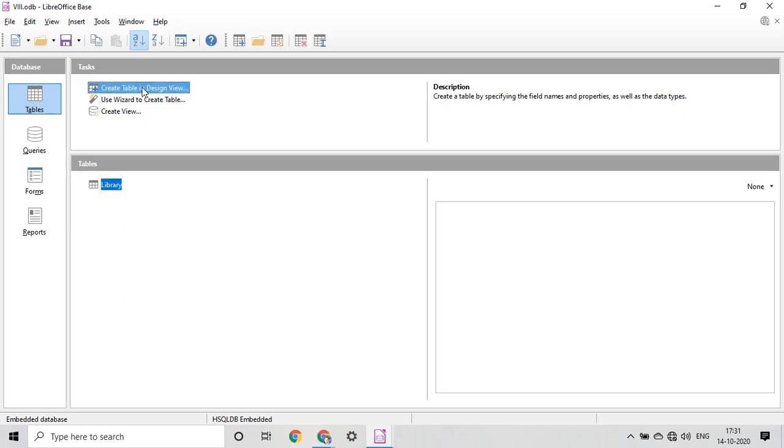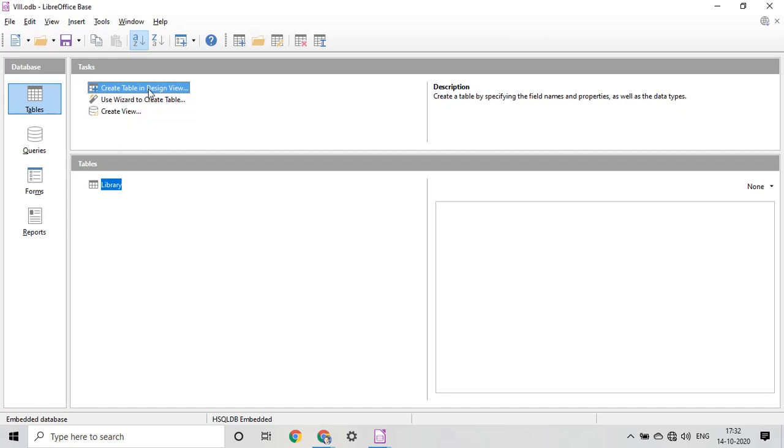Double click on this. When we click on this, we will get one window. One is design view, where we can design the table. The second is data view. For that we have to double click on the table name in the navigation pane, and a data view opens. In this we can enter the data. First we will talk about create table in design view.